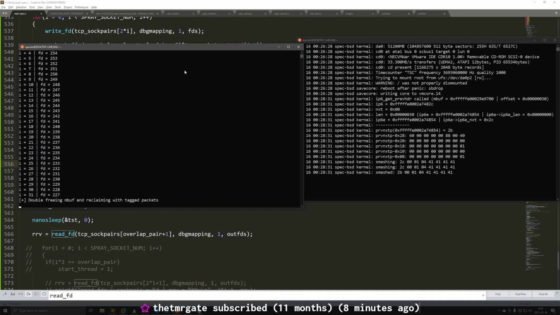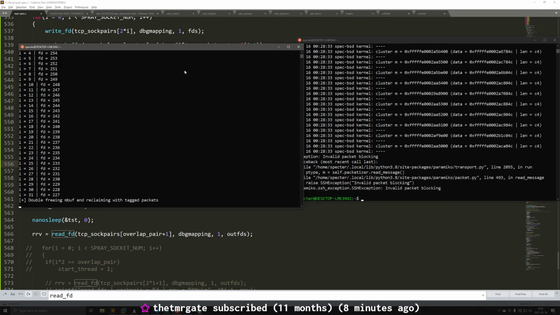All right. Oh, shit. Okay. We crashed. This happens sometimes. I've noticed it before. Funnily enough, the double free triggers, and instead of corrupting the target buffer that we try to corrupt, we actually end up corrupting SSH itself.